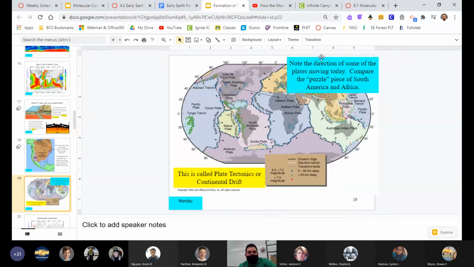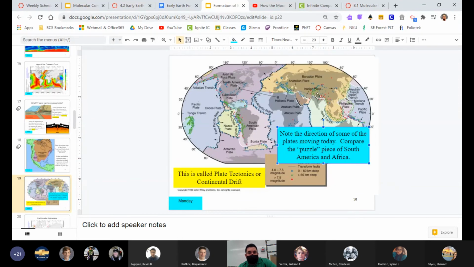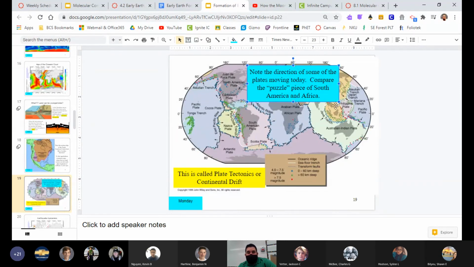Right now, and I would have to move this a little bit, but it doesn't really show you this right now. But right now, the Indian plate and Eurasian plate are hitting each other and they're making the Himalaya Mountains. Okay, you see this Indian plate moving upward? It is hitting the Eurasian plate, and the Himalaya Mountains are getting bigger and bigger every day, every year.